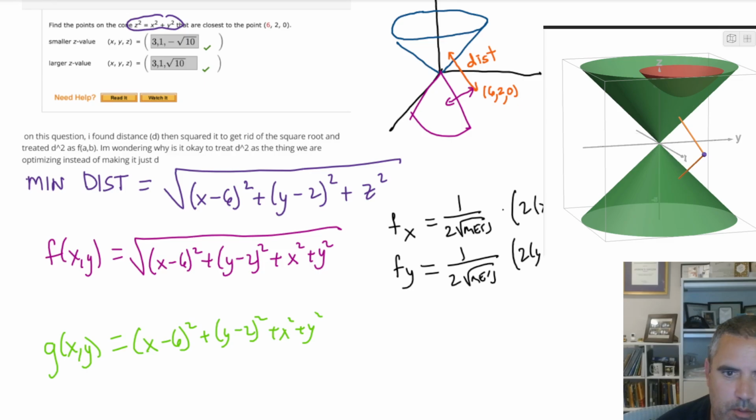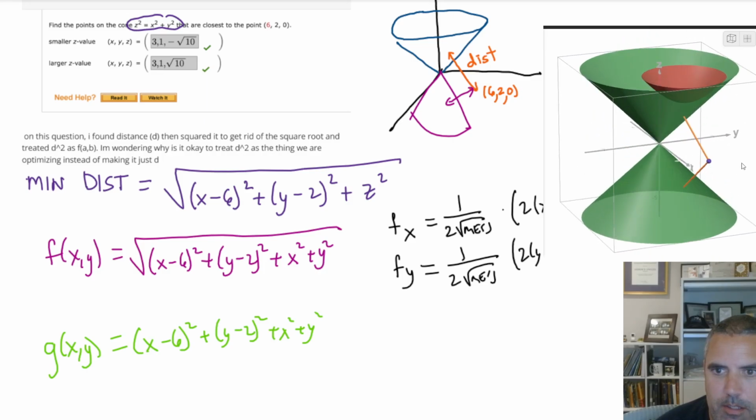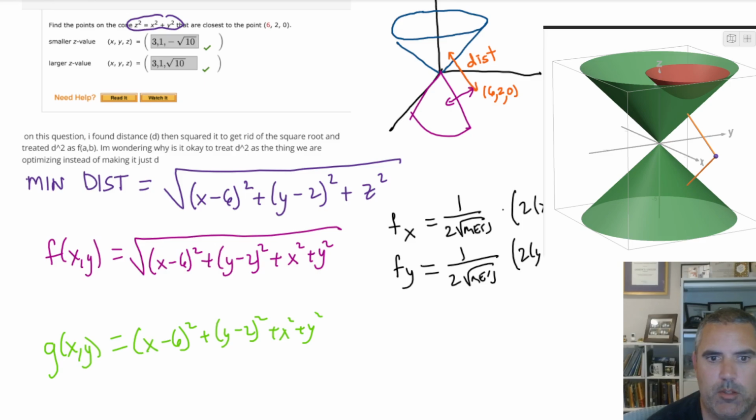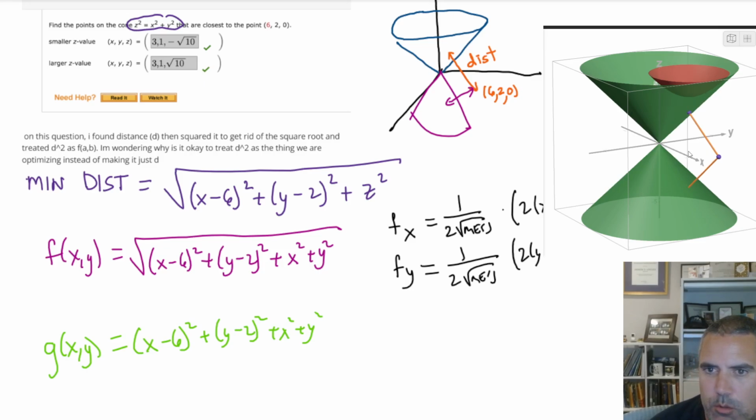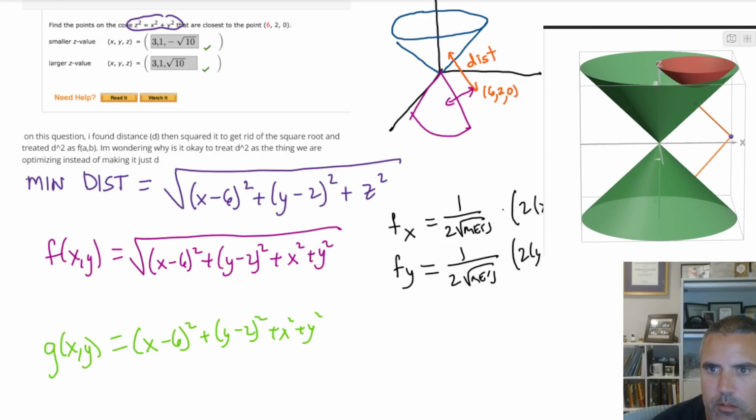And it turns out that the low point on the distance corresponds to when you are closest. So if I could get this thing to line up, I know from the student's answer that this is 3 and this is 1. That lines up directly with this point here. So maybe I'll label this point (3, 1, negative square root of 10). Let's do positive square root of 10 at the top. Let's make it also purple. So there's that point at the top, but that corresponds if you went straight up to the bottom point of